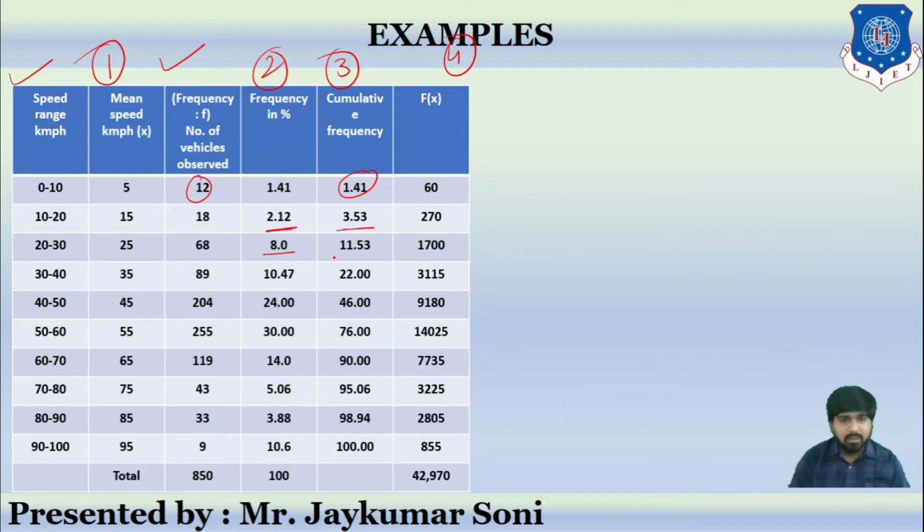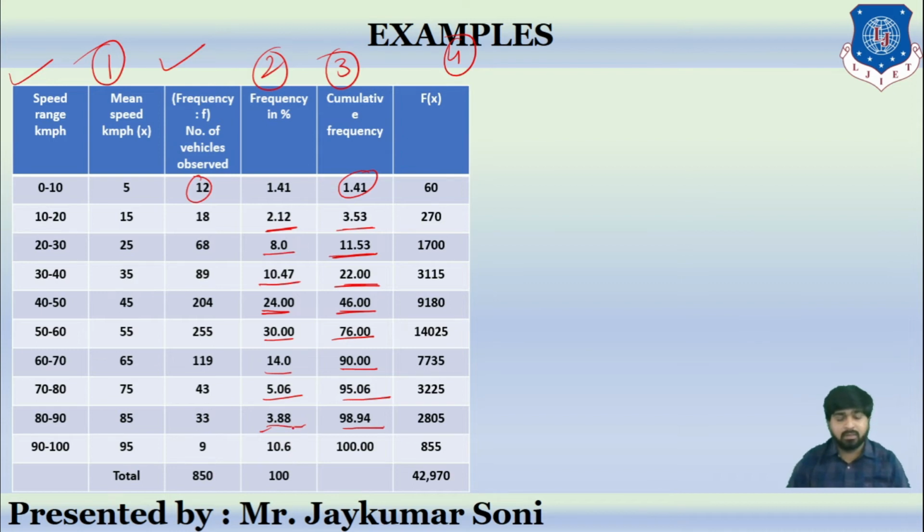3.53 plus 8 will give us the value of 11.53. 11.53 plus 10.47 will give us the value of 22. 22 plus 24 will give us 46. 46 plus 30 will be 76. 76 plus 14 will be 90. 90 plus 5.06 will be 95.06. Then 95.06 plus 3.88 will be 98.94. Then 98 plus